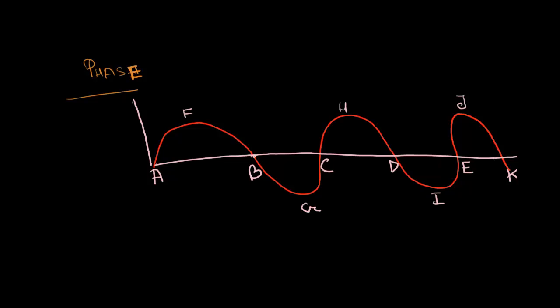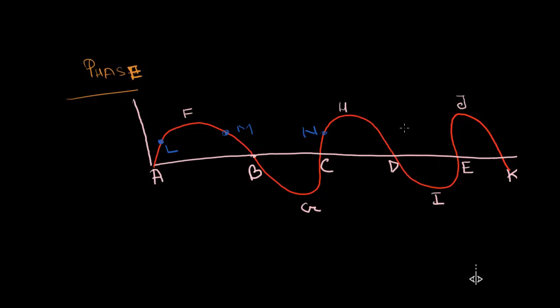Now let us locate some intermediate points. So I ran up to K, then comes L. So let's say this is L, this is M, this is